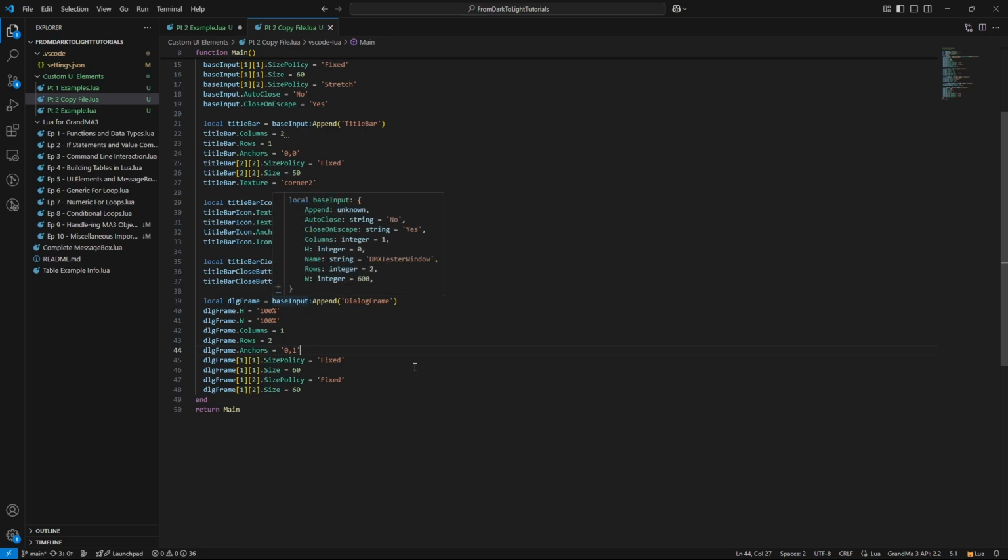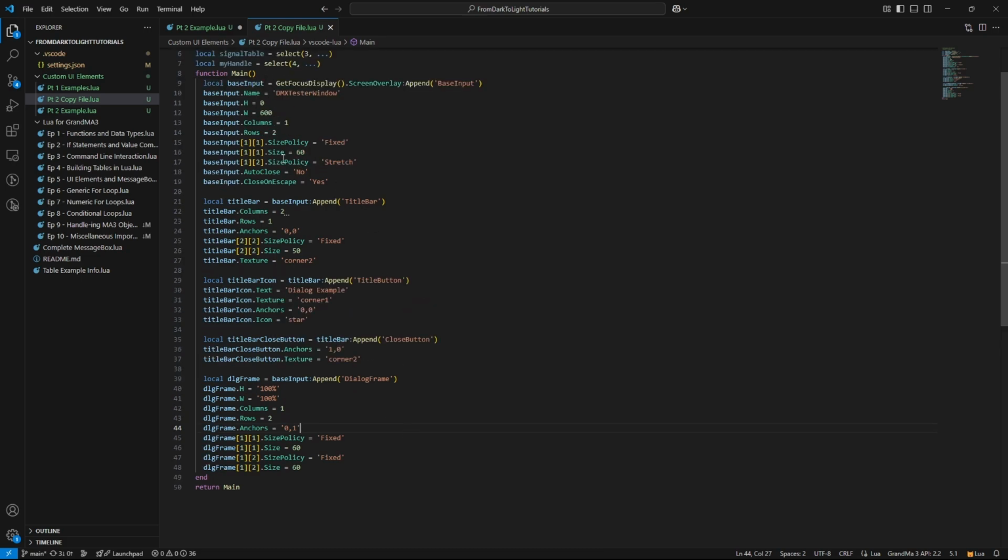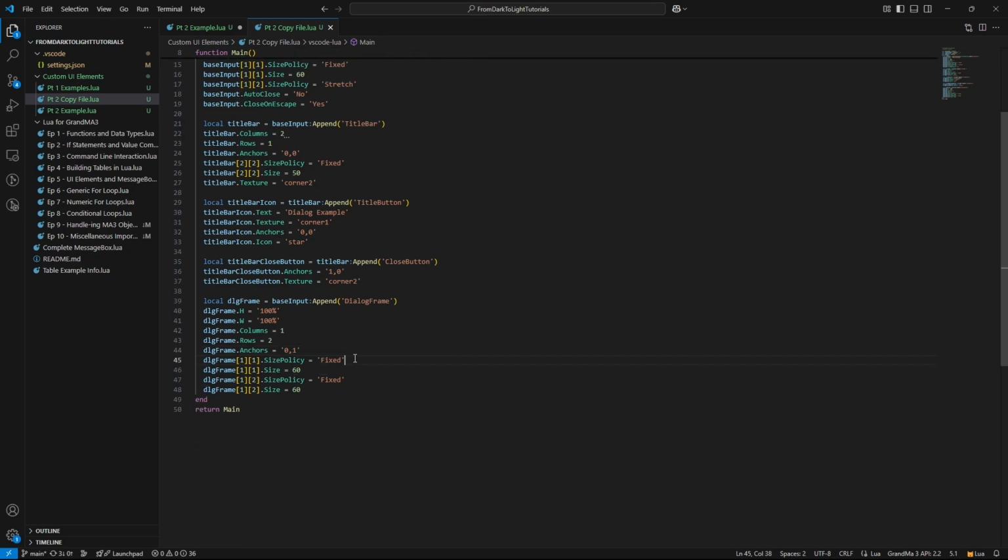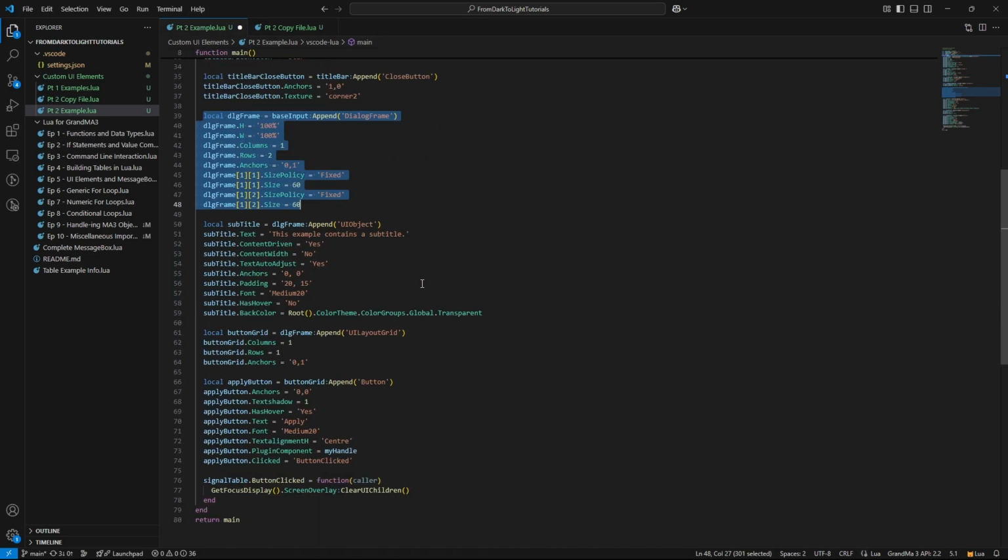So going back, this is appended onto the base input. So on the base input, this is in the second row, which is set to stretch based on the size of the object put in it. So we have said that this one is divided into 2 rows, one of which is a fixed size of 60 and the other is a fixed size of 60. So the total size then is 120, but currently there's nothing sitting in those places. They're just an empty place. So let's go back here and add on a subtitle.